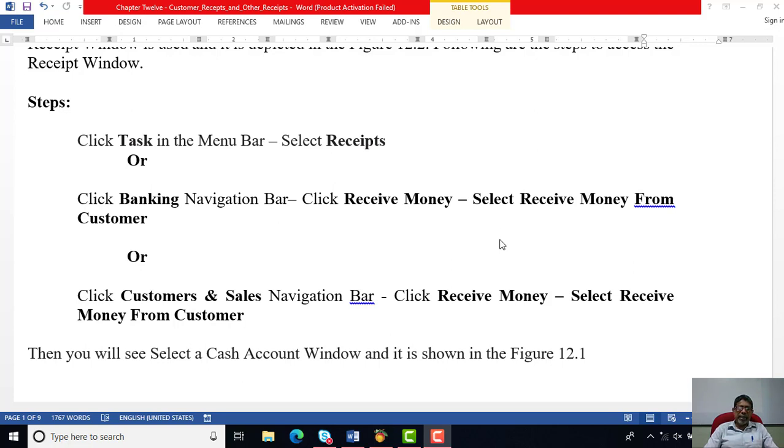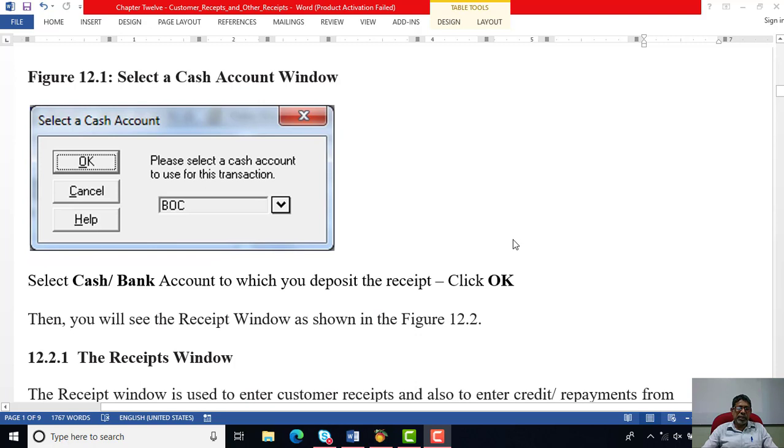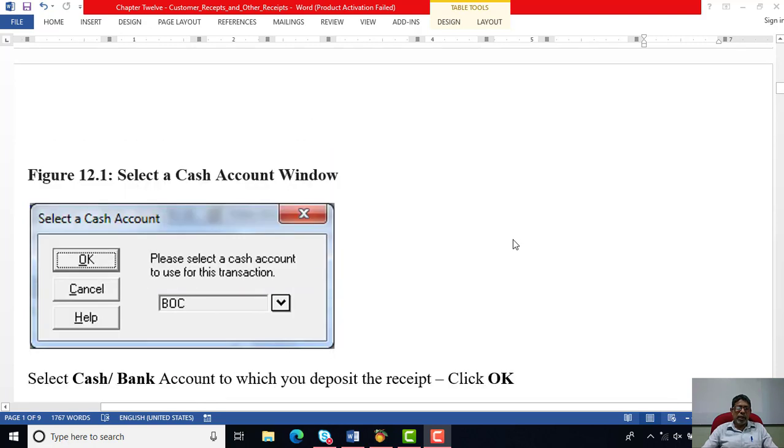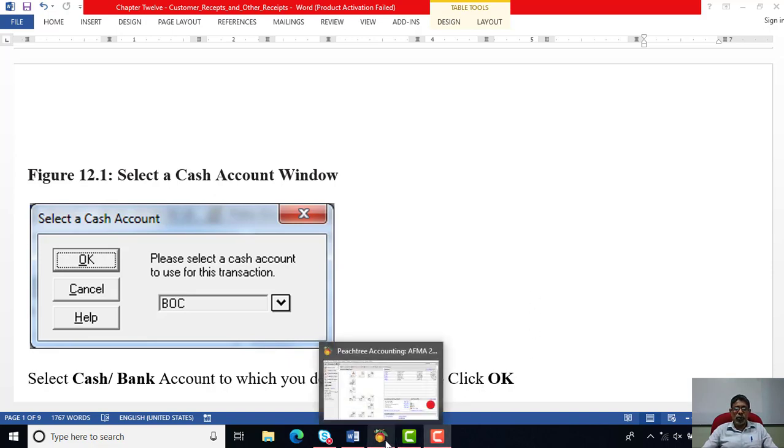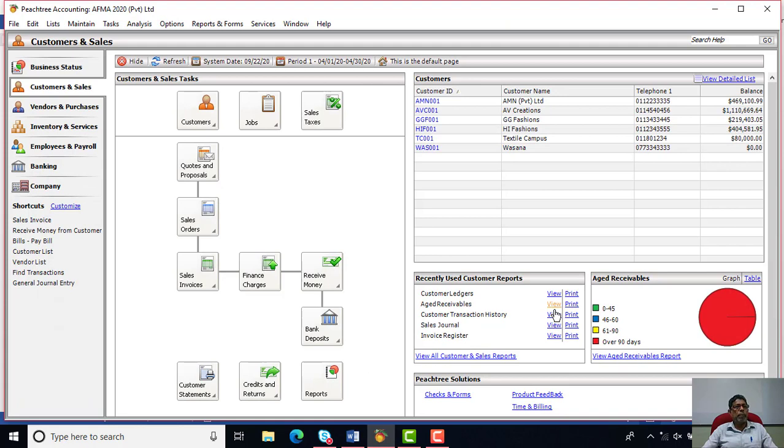By clicking that and selecting the receive money from customers, we can do the same activity. So before we go and discuss the features of this particular window, let us now go to the package and check whether we all have the finished activities, and then look at how to access the receipt window. So first, you go to the Peachtree package which you have completed with the last backup file,